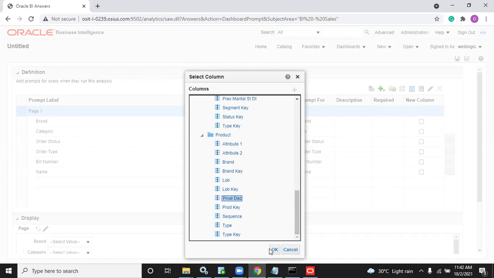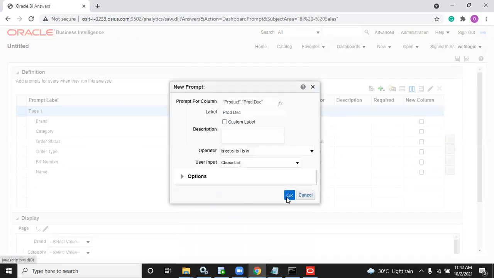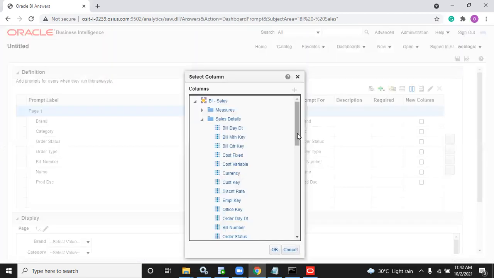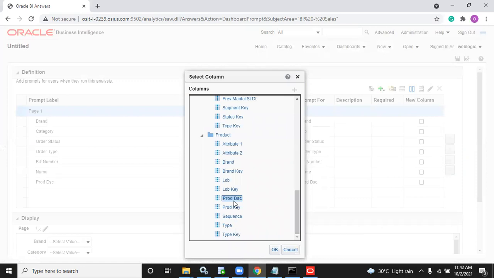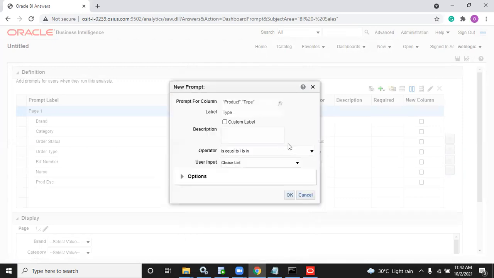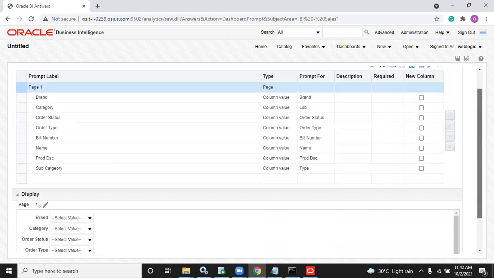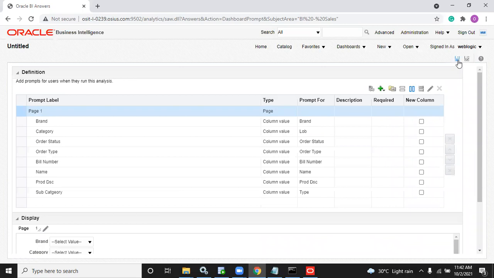Product, if you want to search for a particular product. Okay, this many. And the type of the product, there is one more called brand, type of the product. This I am calling subcategory. Randomly I have picked the names. Okay, clear?